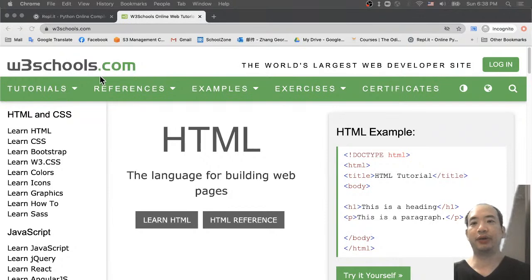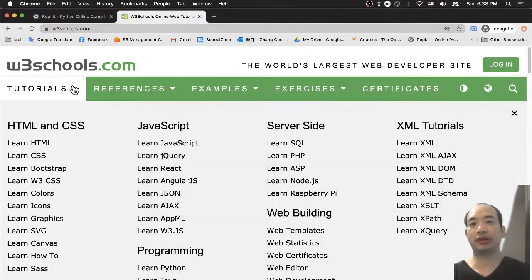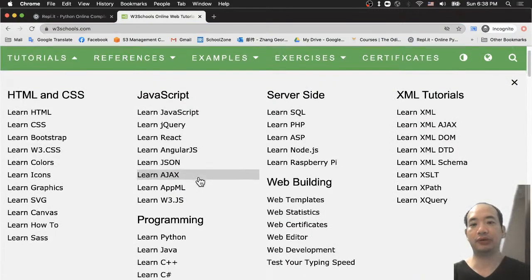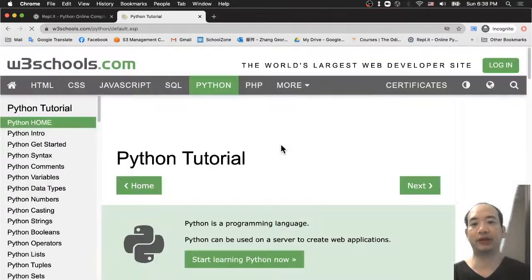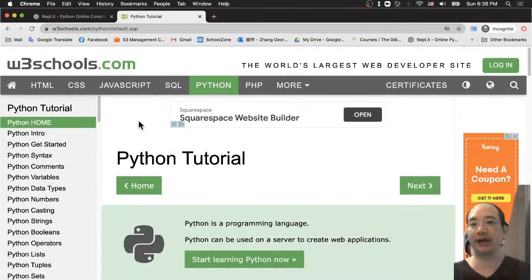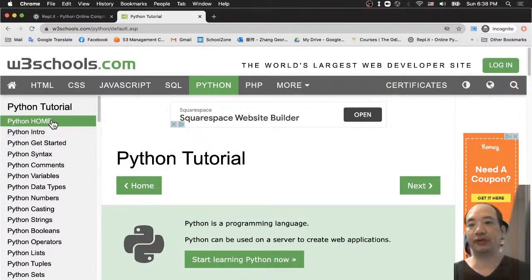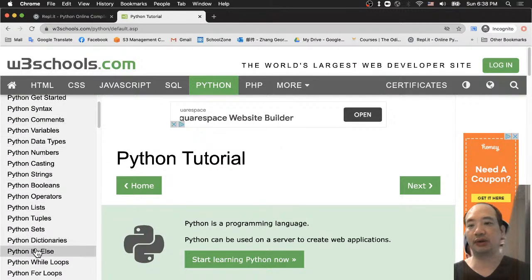In w3schools.com, I will choose Tutorials, go under Programming, and there's Learn Python. That's what we have been learning for a while, right? So far we have already finished from here all the way down